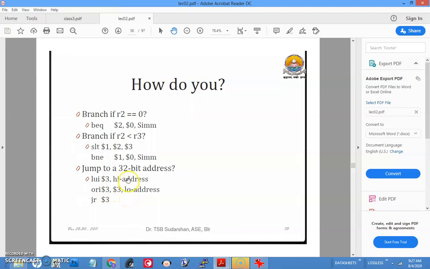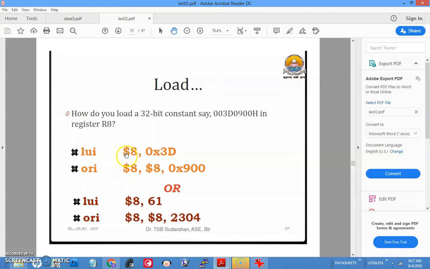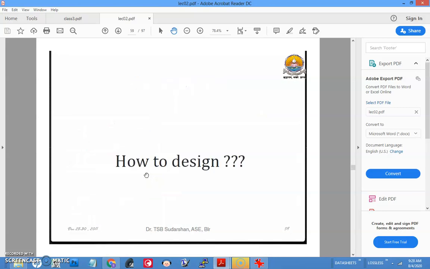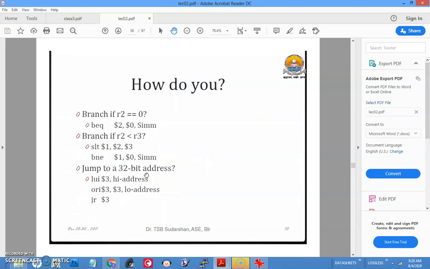If you are not clear, I request you to write it down in your book. Draw the register $8, fill it with 0x3D in the upper part, then draw the representation of 0x90 in a register, then do a bitwise OR. You have to do this, then you will be clear on what we are talking about here. Okay, with this our discussion on instructions, how they are represented, what the arguments are, and how to use registers is ending here. With this, today's lecture is going to conclude.